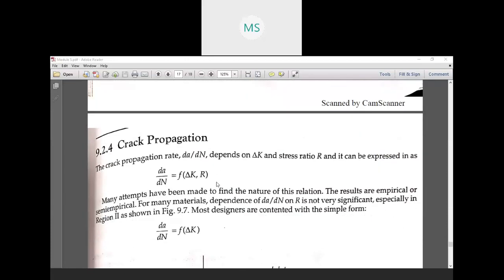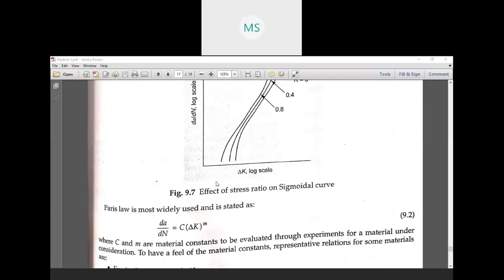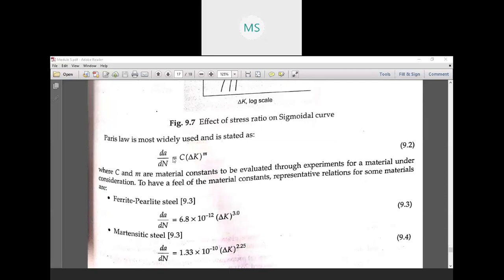And the last thing which we have discussed is crack propagation, that we have already studied in chapter 3. In this we have, in a little more detail, Paris law. Paris law happens in the second stage of the various stages of crack propagation that we have studied. That graph is drawn between dA by dN on the y-axis, whereas del K is on the x-axis. So this is known as the Paris law: dA by dN equals C into del K to the power m.